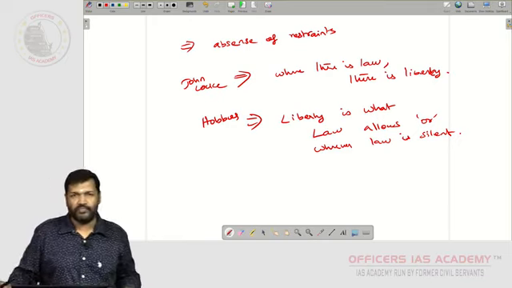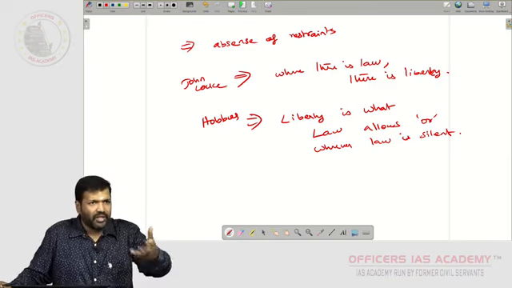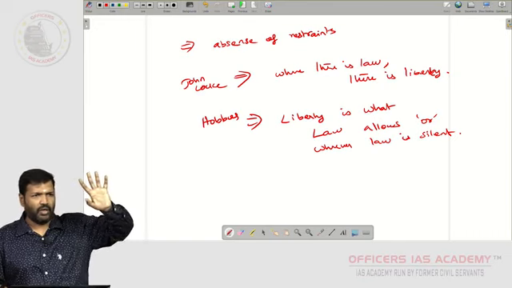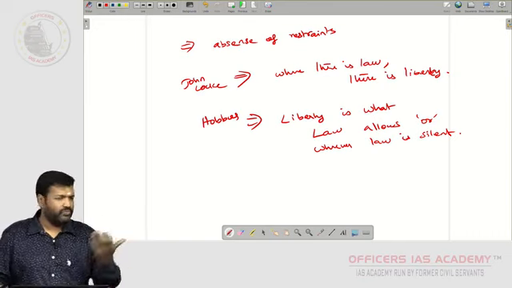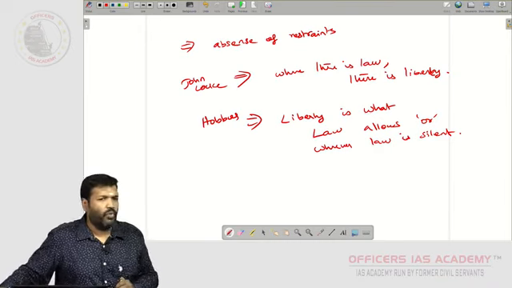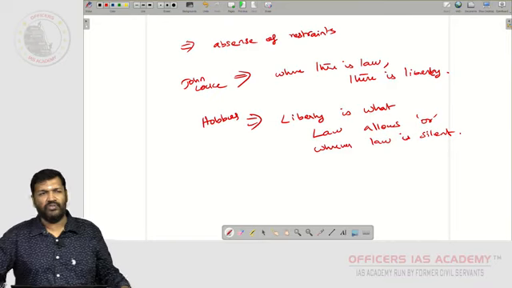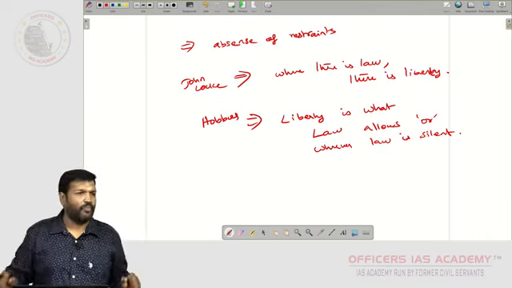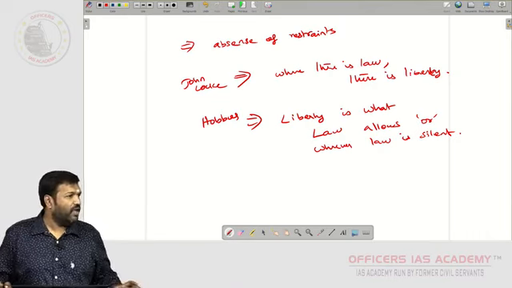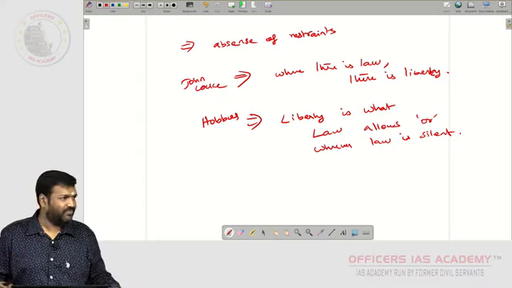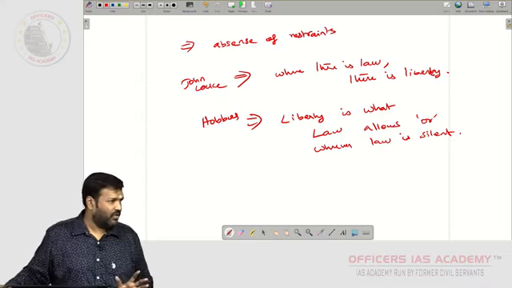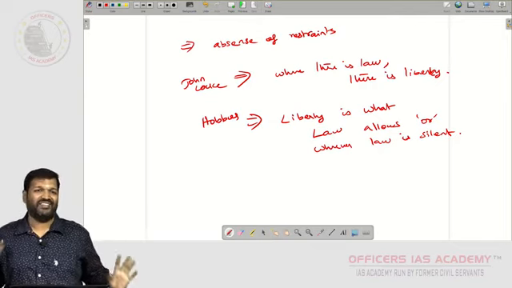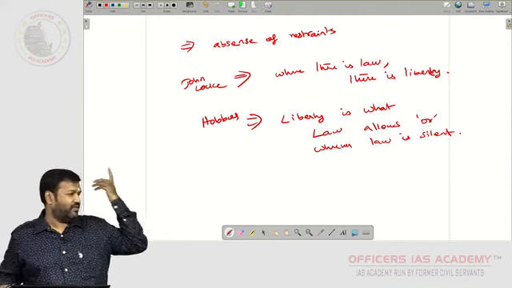So they say liberty is something where you can do everything you want. That is how I already told you. If you ask children what liberty is, they would say, I don't want to go to school, but my father or mother is stopping me. They are asking me to go to school. If I do not have such a restriction, then I am free. That is how everyone will think. What is liberty? There should not be any restriction. Do whatever you want.